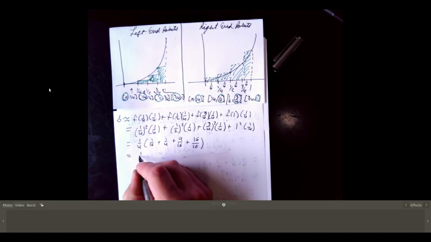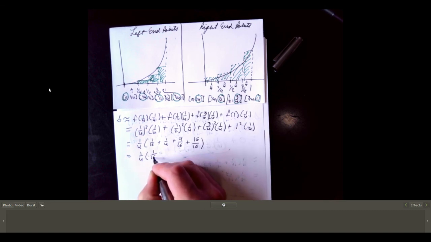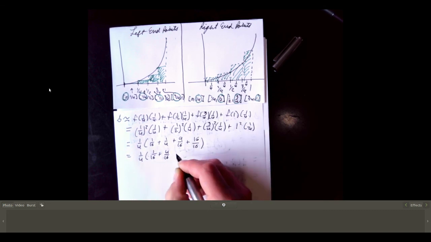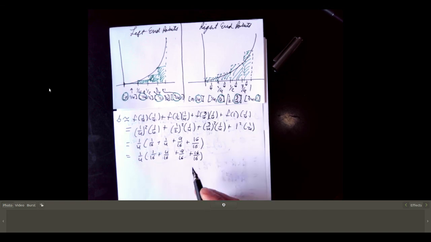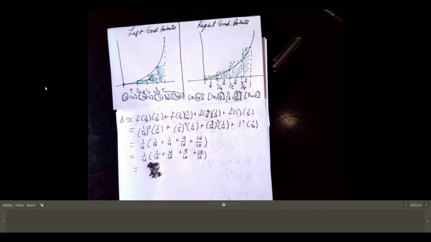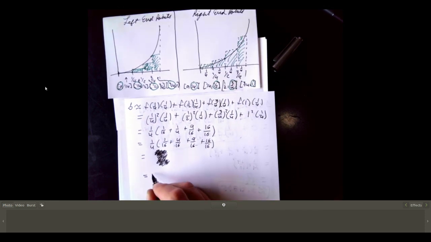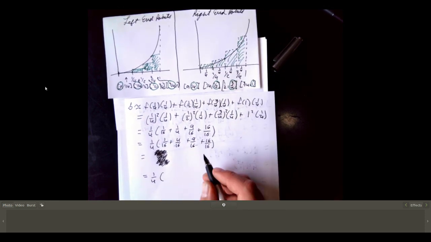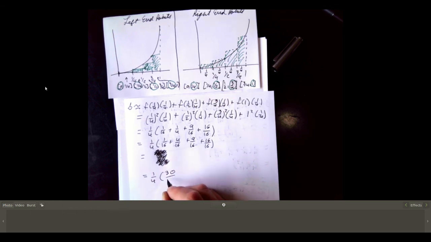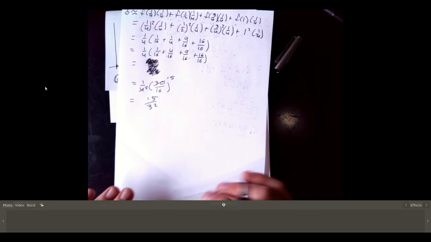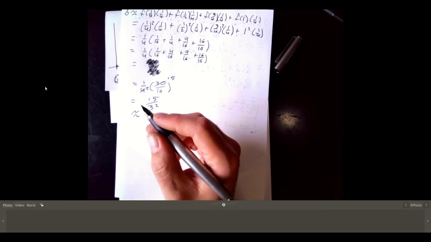So this is equal to a fourth of 1/16 plus 4/16 plus 9/16 plus 16/16, which is 1/4 of 30 over 16, which is 15 over 32, which, for the sake of argument, is